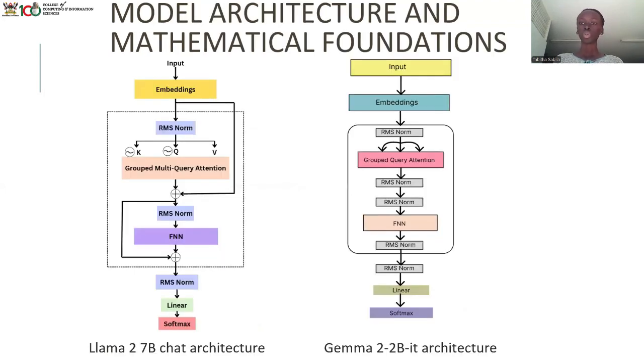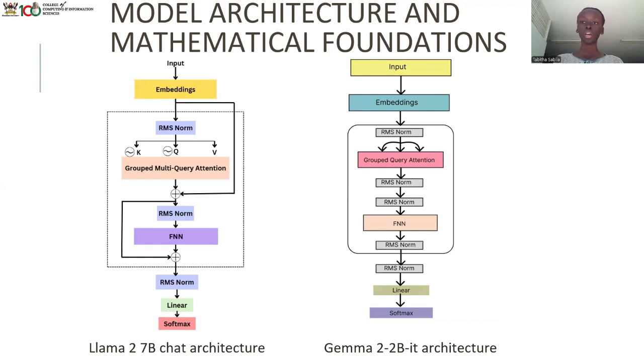For the model architectures, we trained 3 models: Llama 2 7B Chat, Llama 2B IT, and Falcon 3 1B Instruct. All these models are based on a decoder-only transformer architecture, with the major difference being in the way they operate internally, but also in the positioning, the most notable difference being the positioning of their normalization layers.